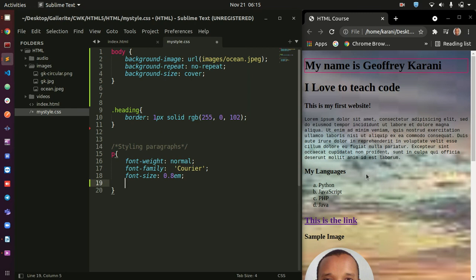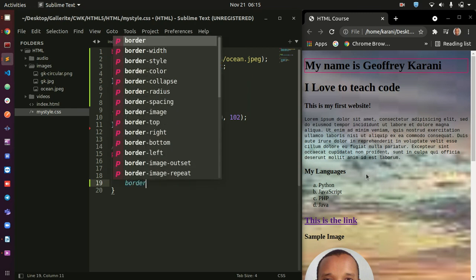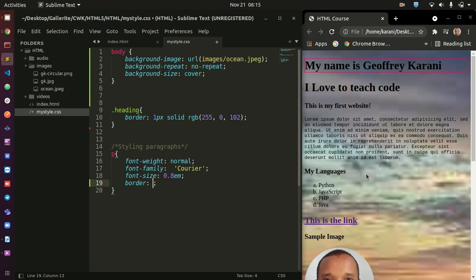So we can do border, and border takes in three items. The first element is the size of the border, the second element is the type of the border, and the third one is the color of the border.